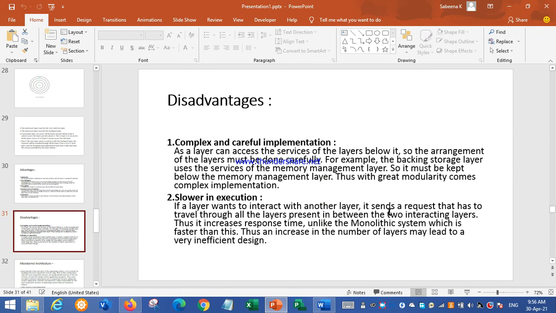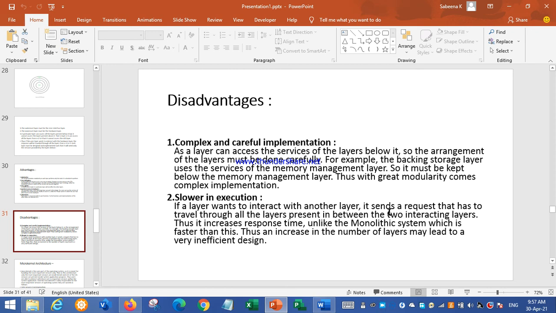The disadvantage is that, as a layer can access the services of the layer below it, the arrangement and implementation of the functionalities in each layer must be done very carefully. For example, if a backing storage layer uses the services of a memory management layer, then the backing storage must be kept below the memory management layer.